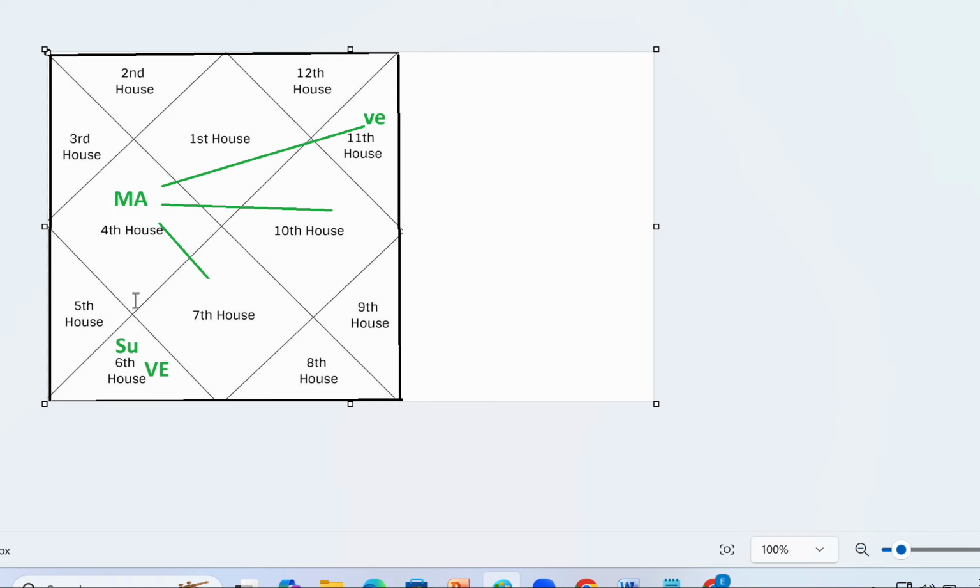Now what I'm telling you is there's another scenario. The fifth lord is sitting in the sixth house. Sun is sitting here, and here Venus is debilitated. Now there is a dasha of Sun which has been activated. In the dasha of Sun, I'm activating the sixth house, which is the breakup house, and activating debilitated Venus during this period.